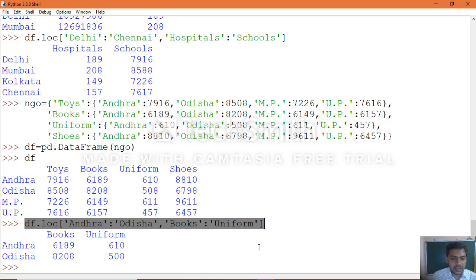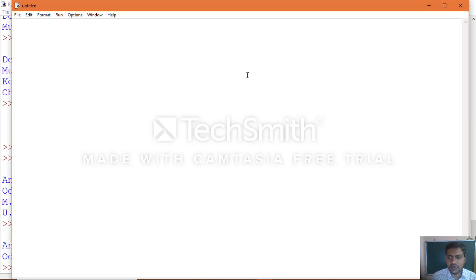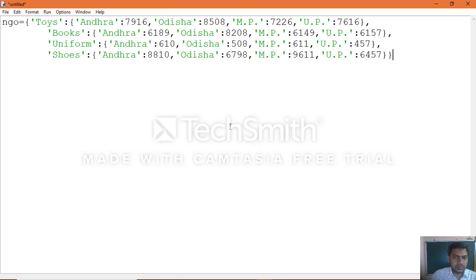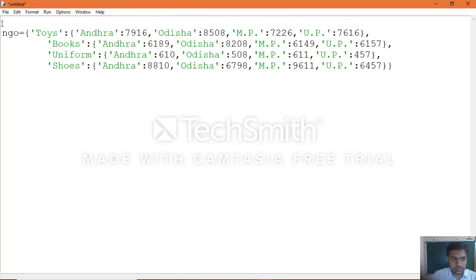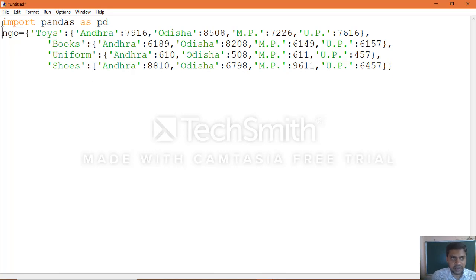Okay. Now we will see how we can execute this complete example in the form of a script, the same example they have specified. First you need to import the module: import pandas as pd. Then create the dictionary.